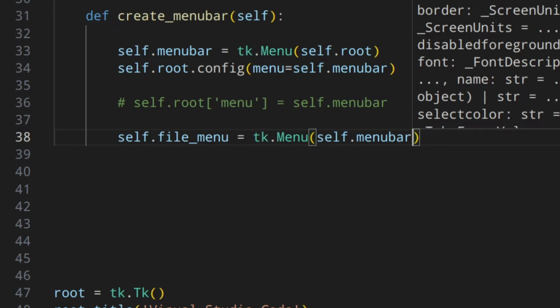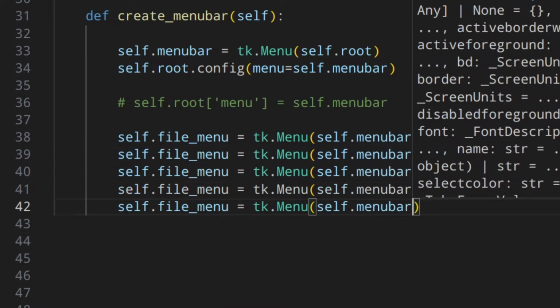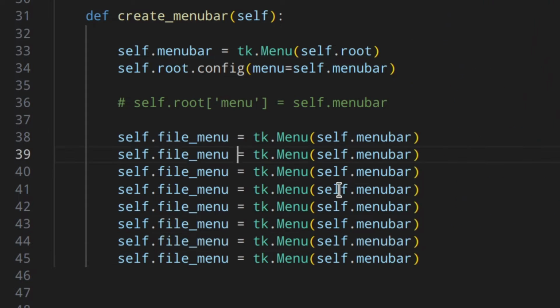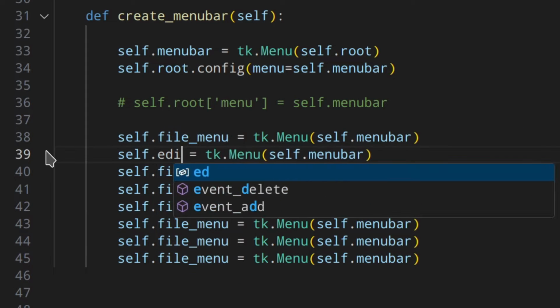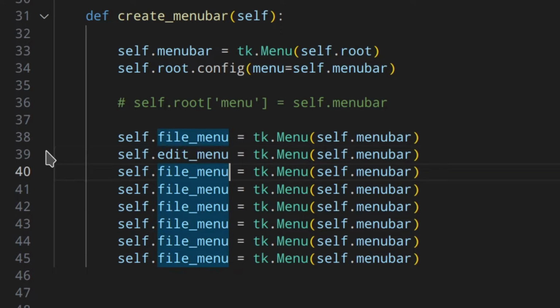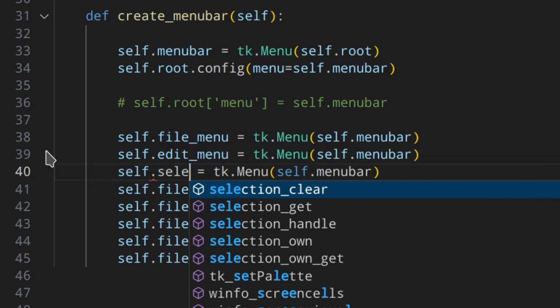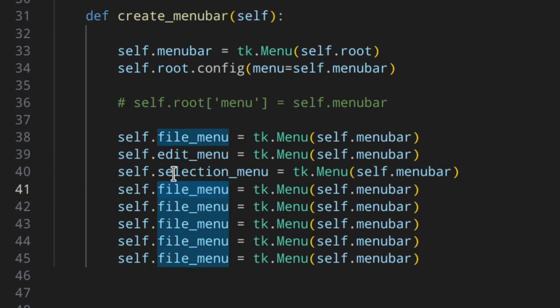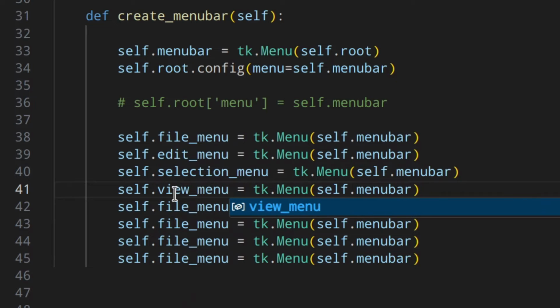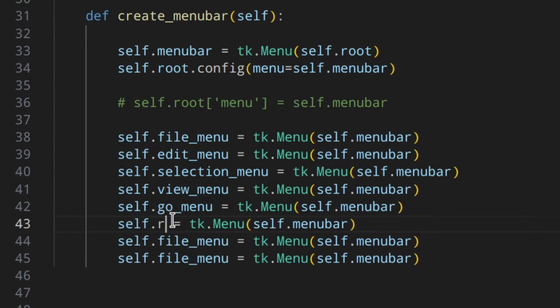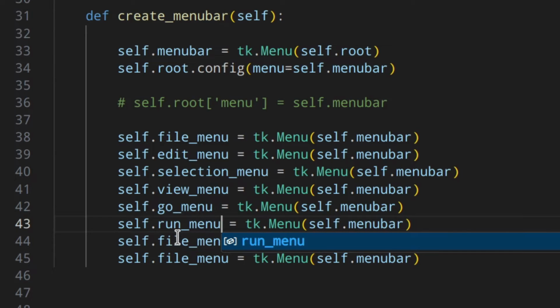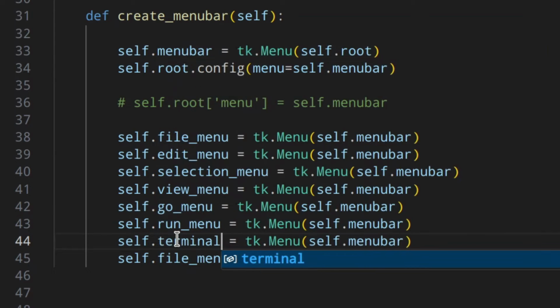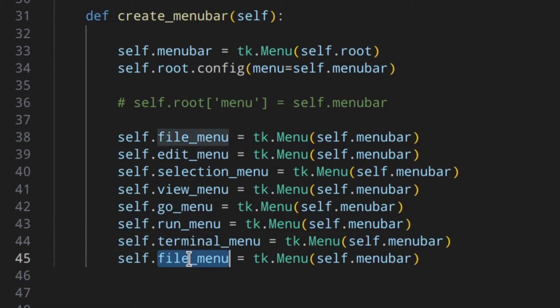So we're going to do something like edit, selection, view, go, run, terminal, help. And we're just going to change the titles: edit menu, selection menu, view menu, go menu, run menu, terminal menu, and then help menu.